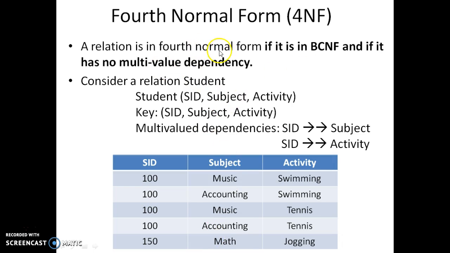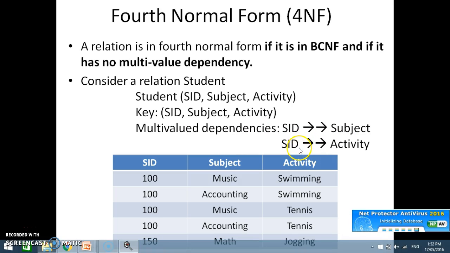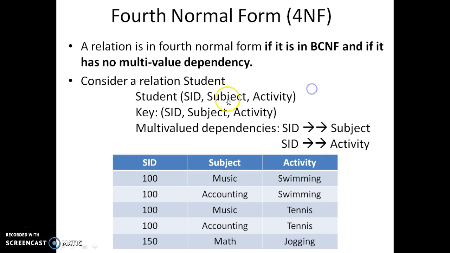Now fourth normal form. A relation is in fourth normal form if it is in BCNF and if it has no multi-valued dependency. Consider this relation. Now here we should know what a multi-valued dependency is. If A determines B, and A also determines C, this condition should not be present in the fourth normal form. So consider this relation. Here SID, subject and activity combined will be treated as the key attribute, and the multi-valued dependency is SID determines subject and SID determines activity. This condition should not be present to satisfy the condition of fourth normal form,